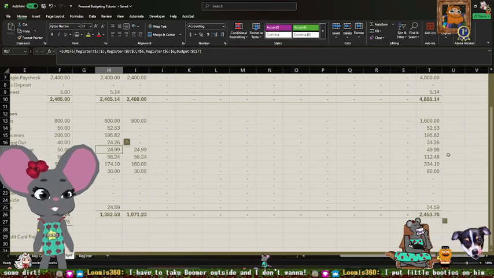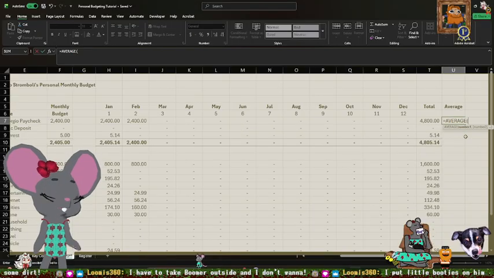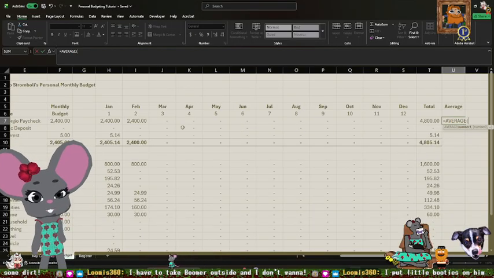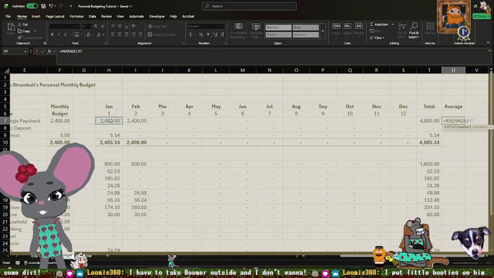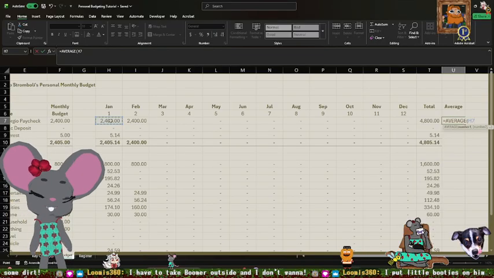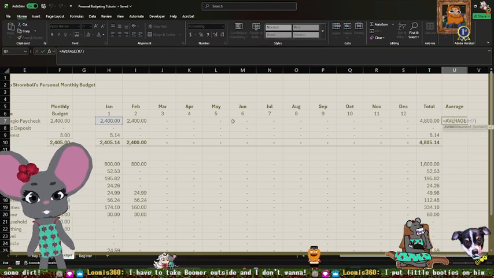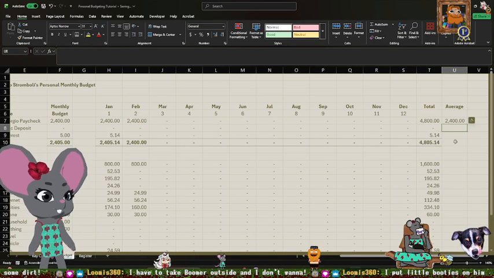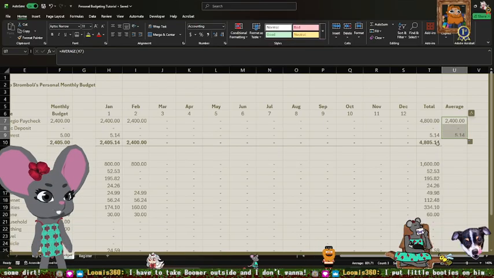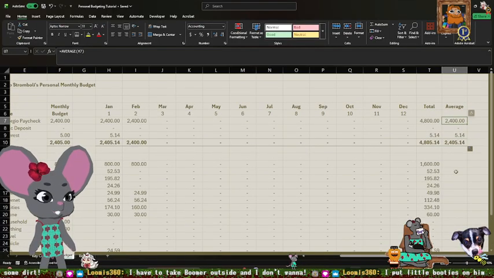Make an average. Here, let's do our average column. Now the average is going to be skewed if you include months that actually haven't happened yet. So we're only going to put in, I mean technically just January, because only January happened. But as months go by, you can drag this over to include months that have actually happened to see how your average is going. And that will help you determine how your budget's going as well.